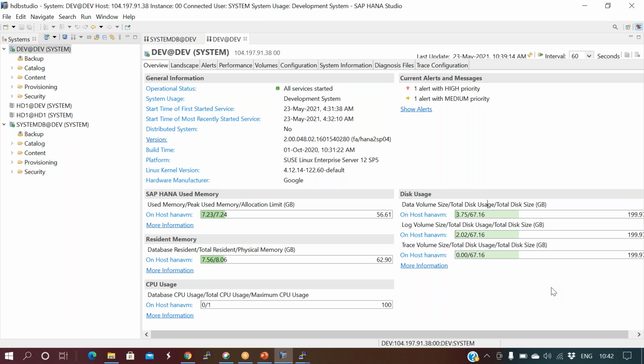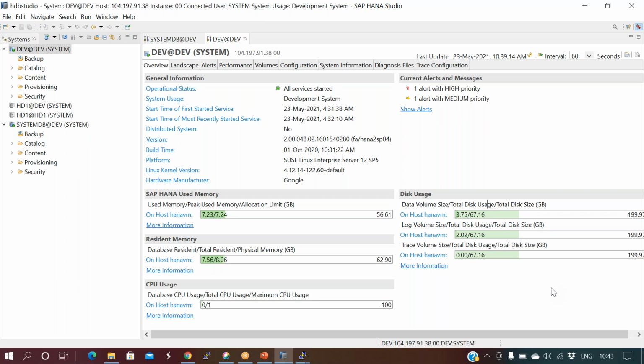Here we call it a trace. We don't call it logs. So whenever you start the HANA database, your services stop and start. Whenever you restart, all the traces are written for each and every service, and each service has its own trace files. Whenever you restart, the services get restarted, and then it writes the trace to